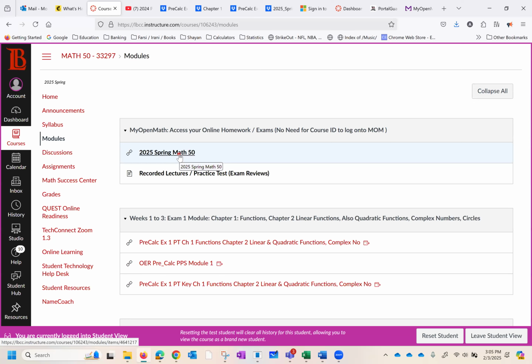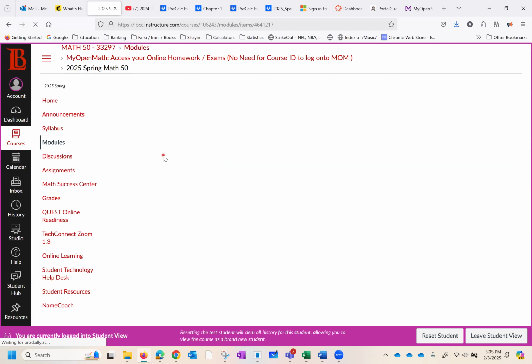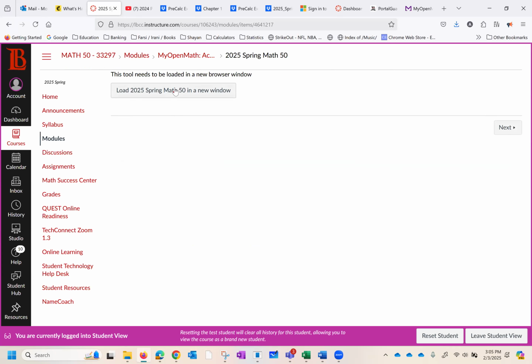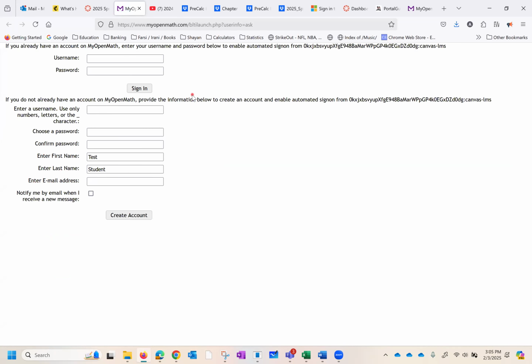This is where you register with My Open Math, and it says here, no need for course ID. So if you click on that, it says loaded in a new window, and you either have an account or you don't. If you have an account, you use your username and password, but most likely you don't.